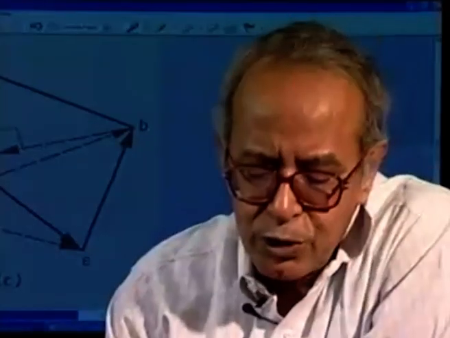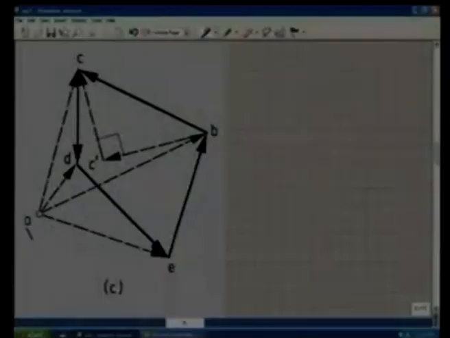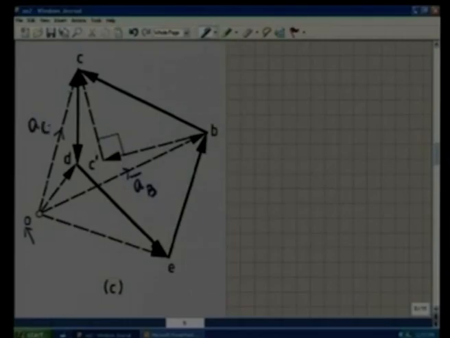The same will be true even for the acceleration diagram. This is the acceleration diagram and this is the pole of the acceleration diagram O. So, this vector OB represents acceleration of B, and this vector OC represents acceleration of C. So, the vector BC, which is OC minus OB, is nothing but the vector BC is